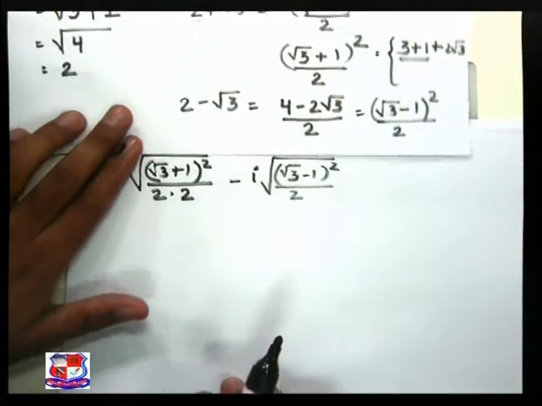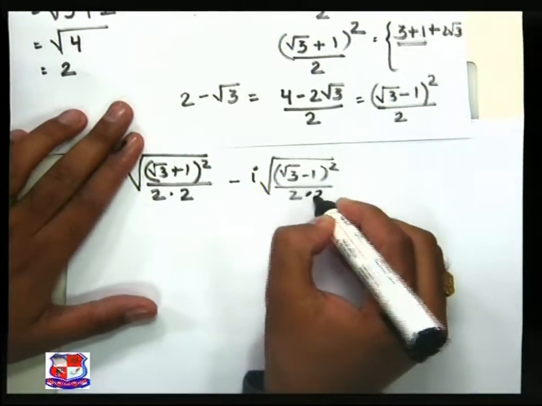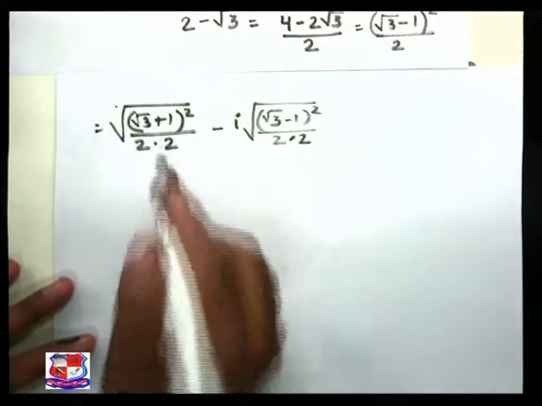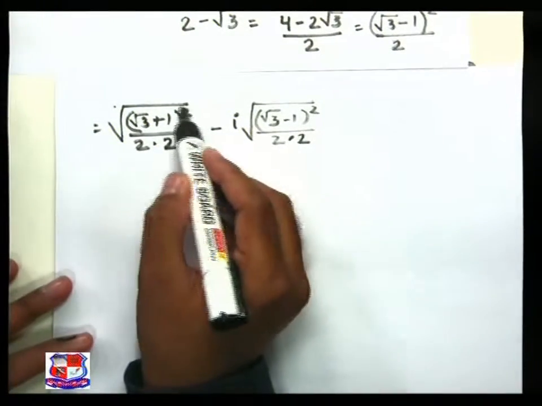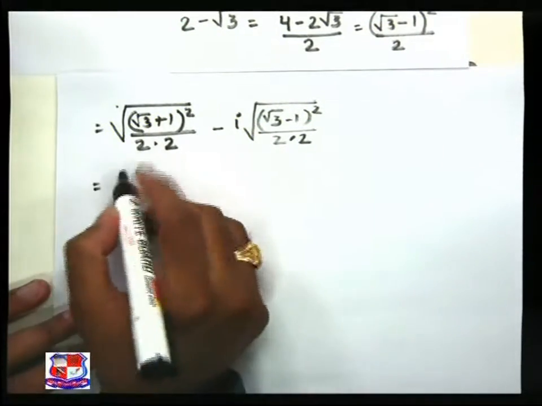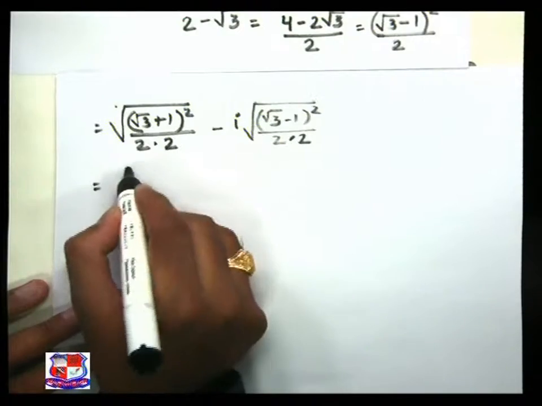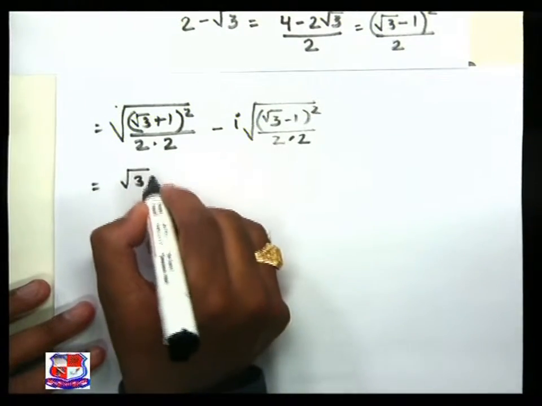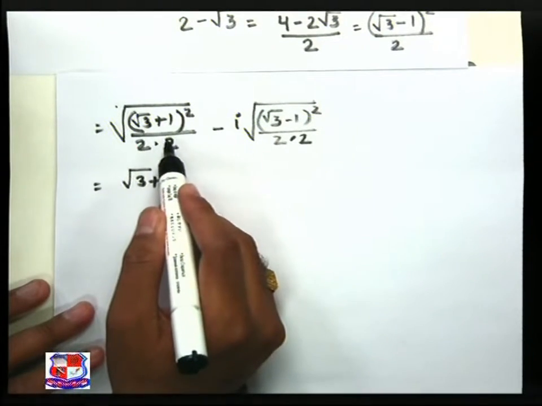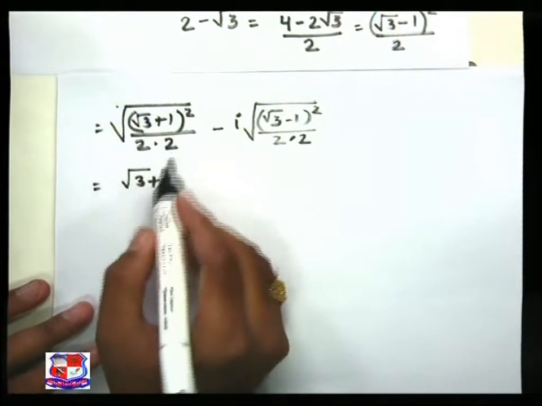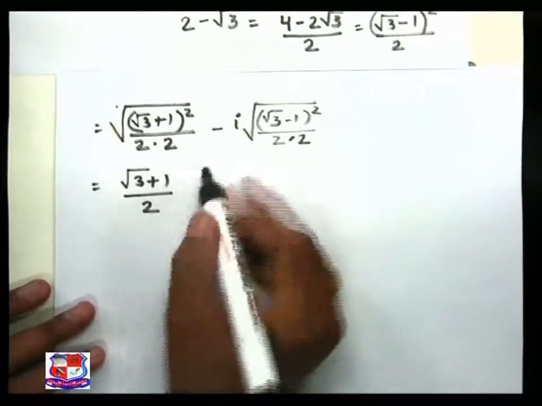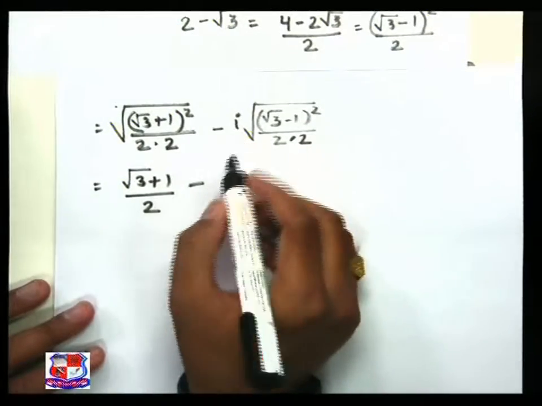So this 2 is multiplied with 2. Now all the terms are in division form and multiplication form, so this under root and this square both cancel out. So finally we have under root 3 plus 1, and 2 into 2 is 4, and under root of 4 becomes 2. So under root 3 plus 1 divided by 2, minus sign as it is, I,